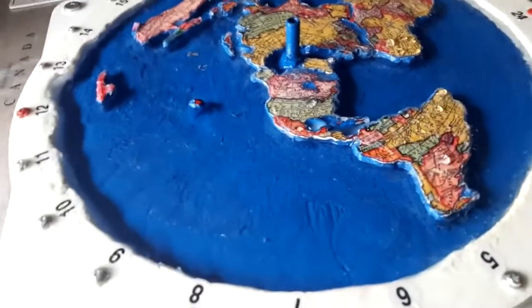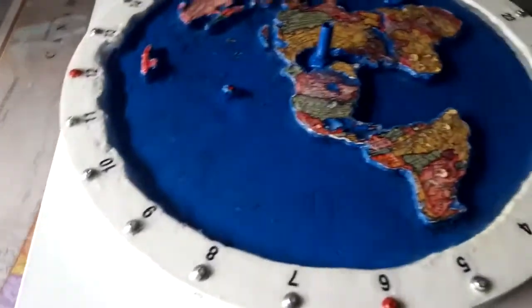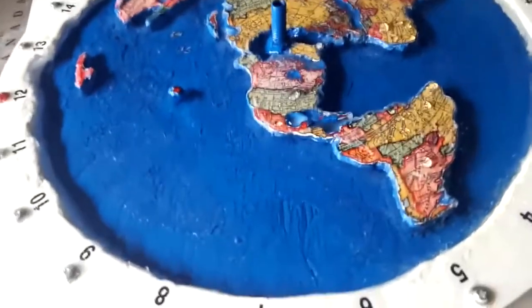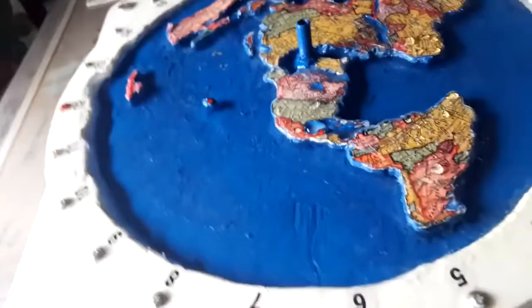Real water, but it's contained here in this model. All right, this is just like our flat Earth. There's no difference between this model and another. Now, this is just to study, to demonstrate how things occur and happen on the flat Earth, and it can be